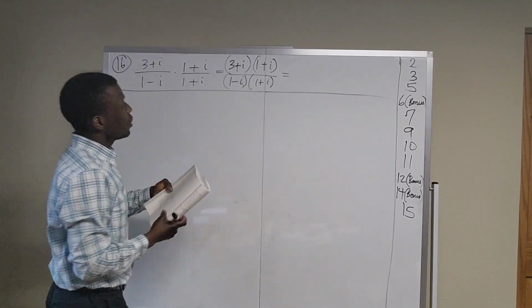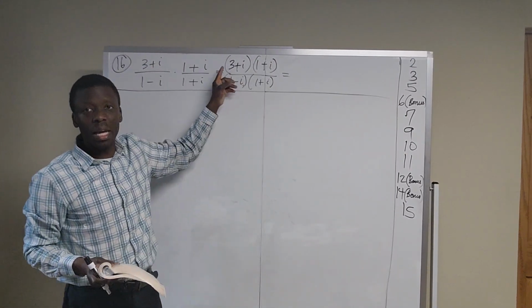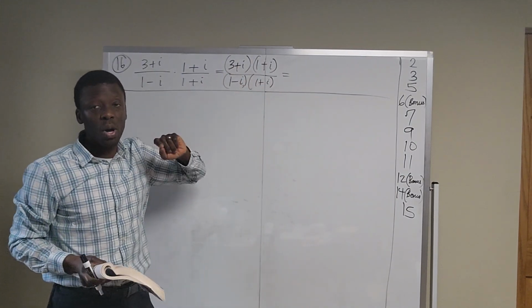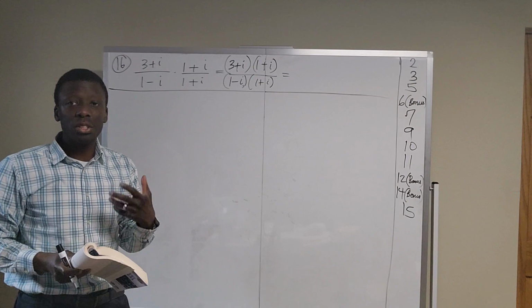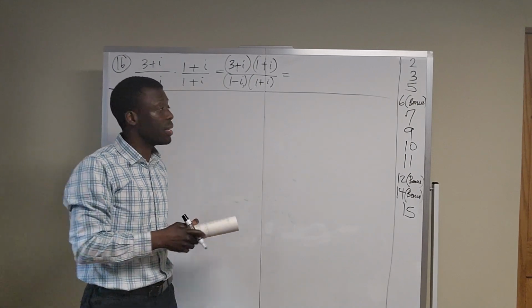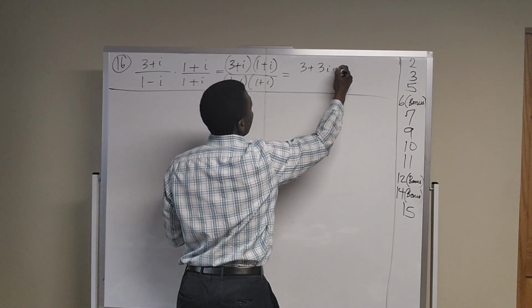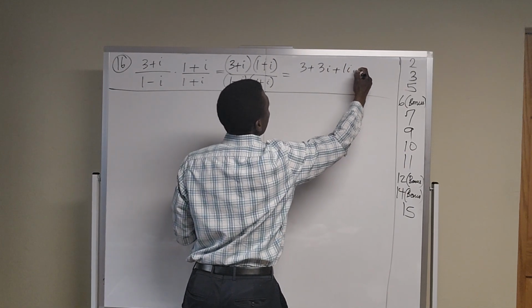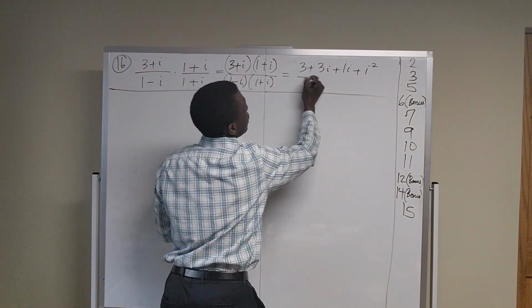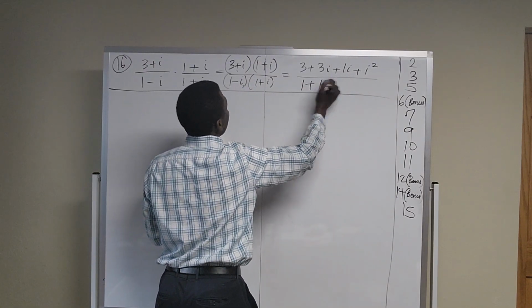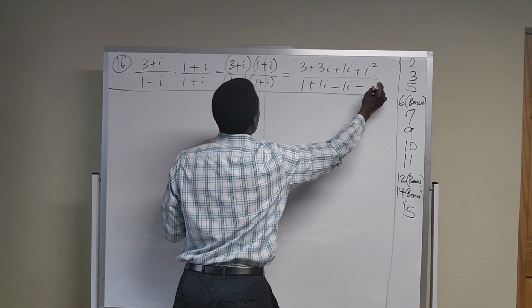So how does the question continue? You go ahead and distribute like you're foiling. You do that for the numerator and you do that for the denominator as well. Please show your work as you do these. It'll be very good to see the work that you do on this. And so basically when you distribute, you have 3 plus 3i plus 1i plus i squared. And in the denominator, you have 1 plus 1i minus 1i minus i